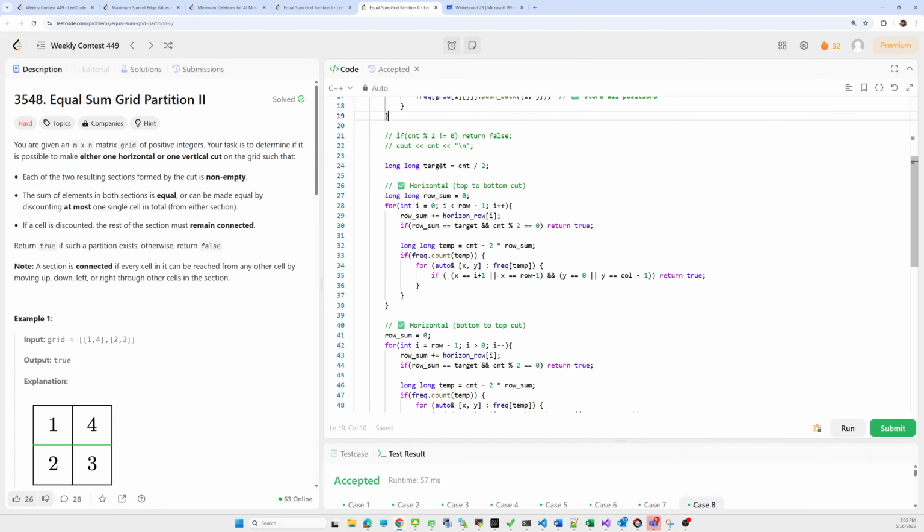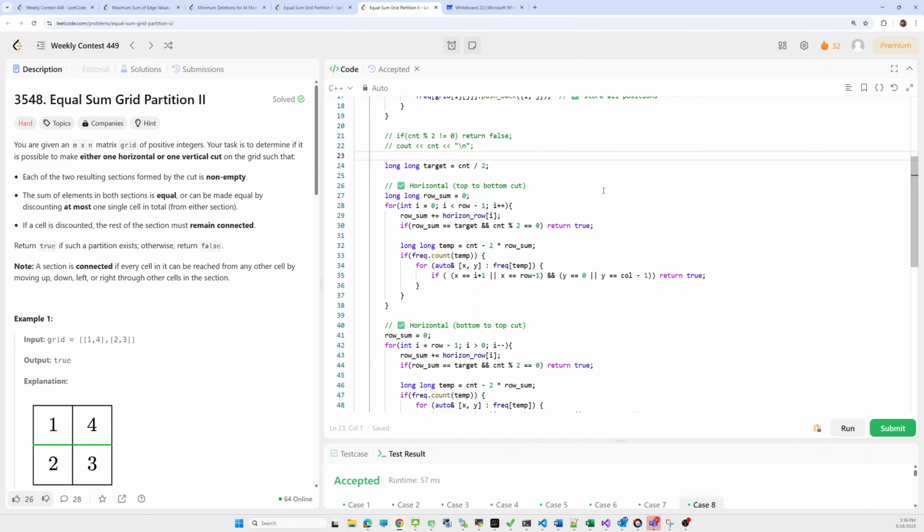Here we are checking the target. We skip the condition of whether the total sum of the grid is possible to split or not, because there is freedom to discontinue any cell.